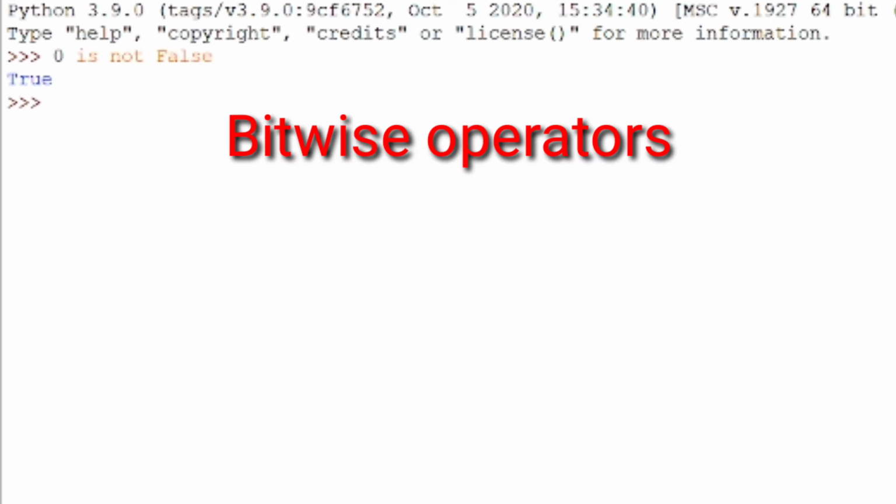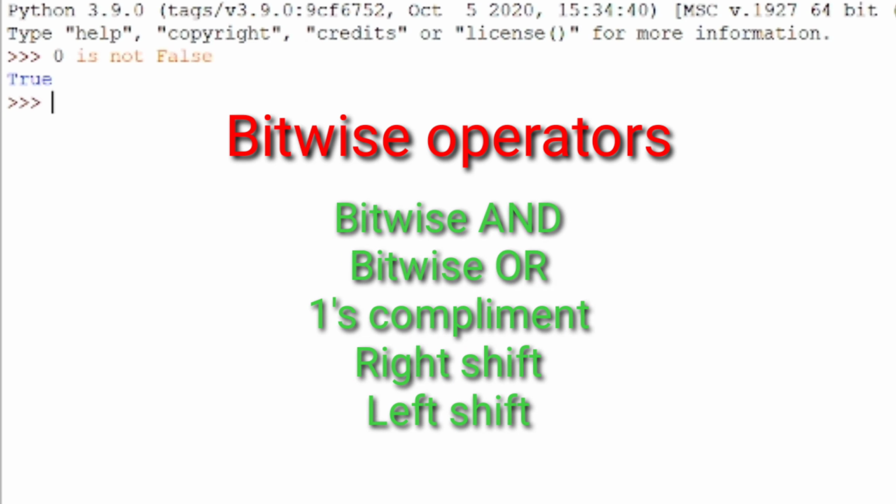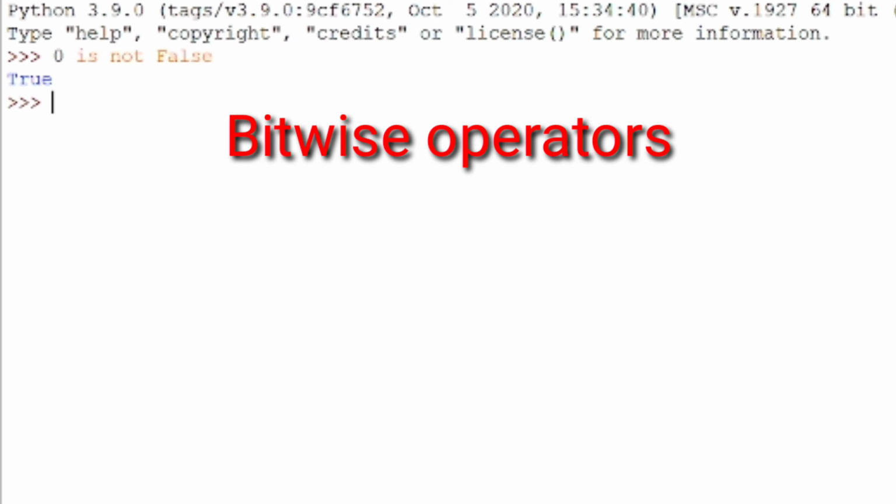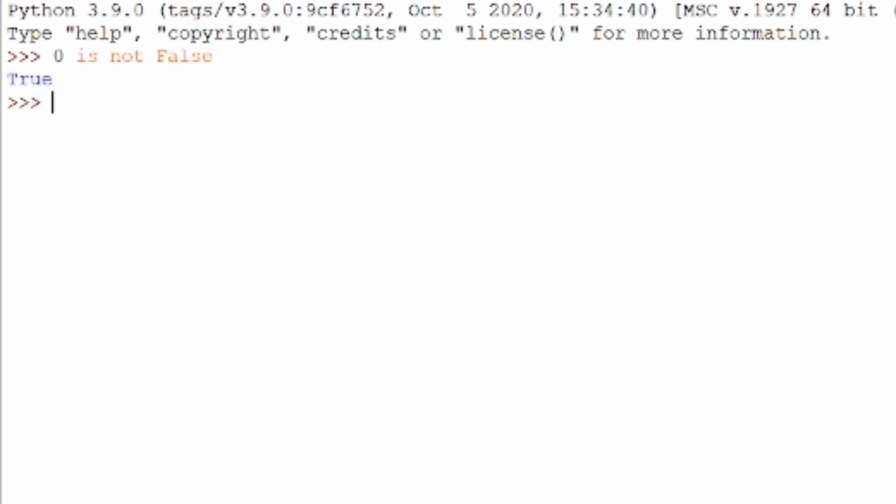Now let us discuss bitwise operators in Python. In bitwise operators we have bitwise AND, bitwise OR, ones complement, left shift and right shift. Let us start with bitwise AND. This bitwise operator operates on the value bit by bit. The bitwise AND operator performs logical AND on corresponding bits in the value.